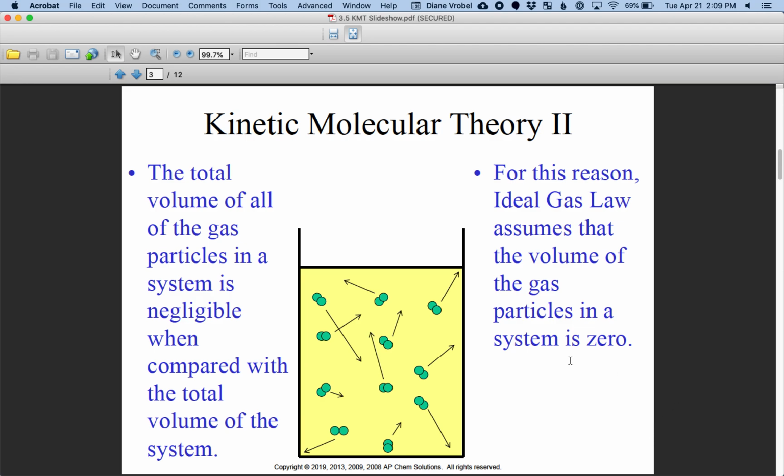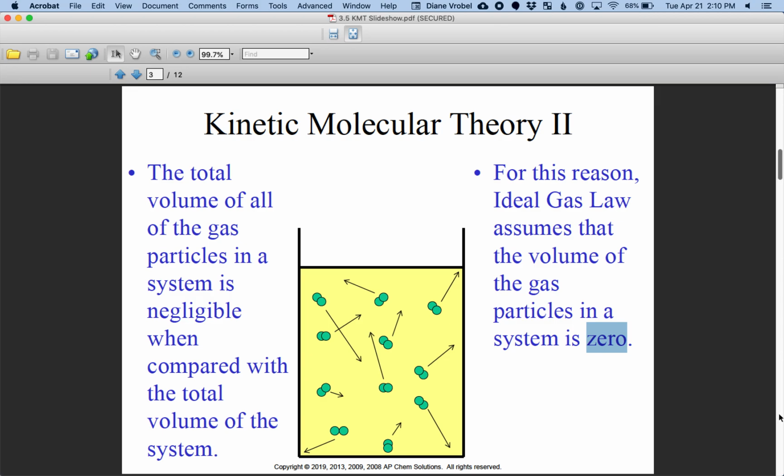And the bizarre thing is that we can use this. We assume that the volume of the gas is actually zero, which is bizarre, but it works. So we're assuming that these gases occupy almost no space, and as a result of it, it works really well